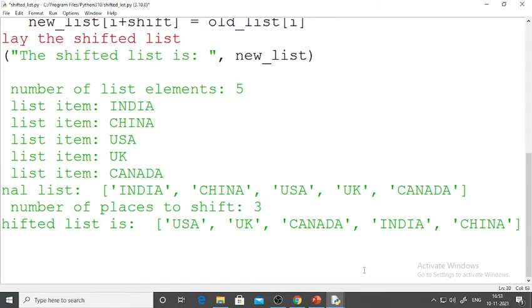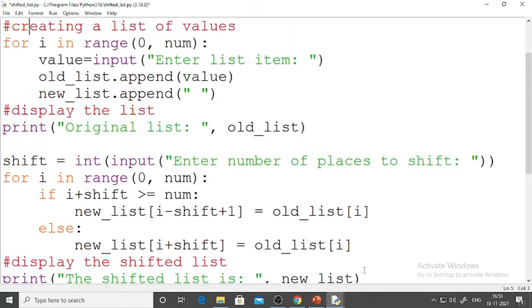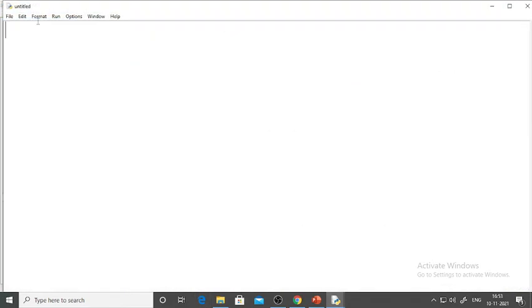So this prints the output of the program. This is the logic for shifting the elements of a list over here. Now let us move on to the next program. In this program, we are going to read a matrix